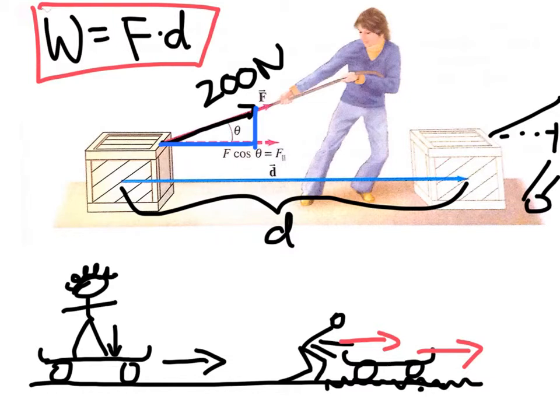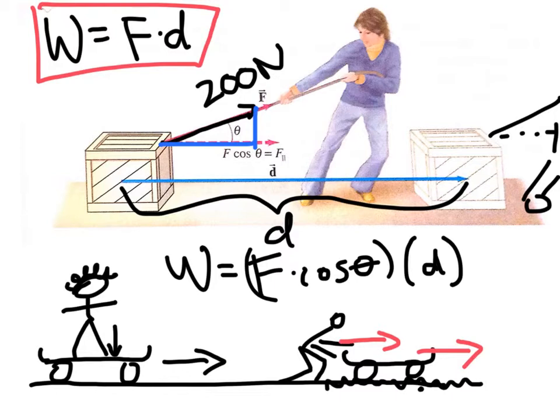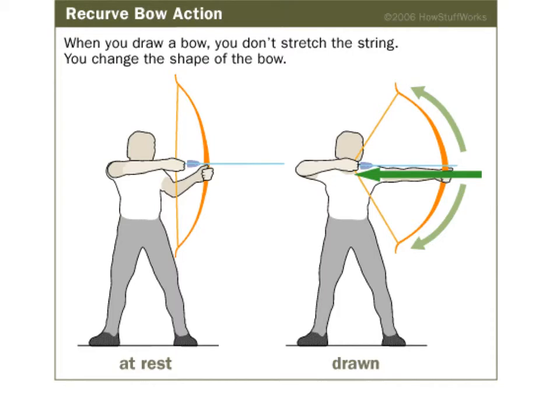So we have recently done some practice with SOHCAHTOA, taking forces at angles and breaking them down into horizontal and vertical components. So the work that this person does would actually be the force times the cosine of the angle times the distance. So yes, it's force times distance, but this is 200 times cosine theta. This is the actual component of force that is parallel to the direction of motion, which I'm just guessing here, looks something like maybe 150 newtons. So she could do more work if she would actually pull to the side in that direction. Okay, and then lastly,